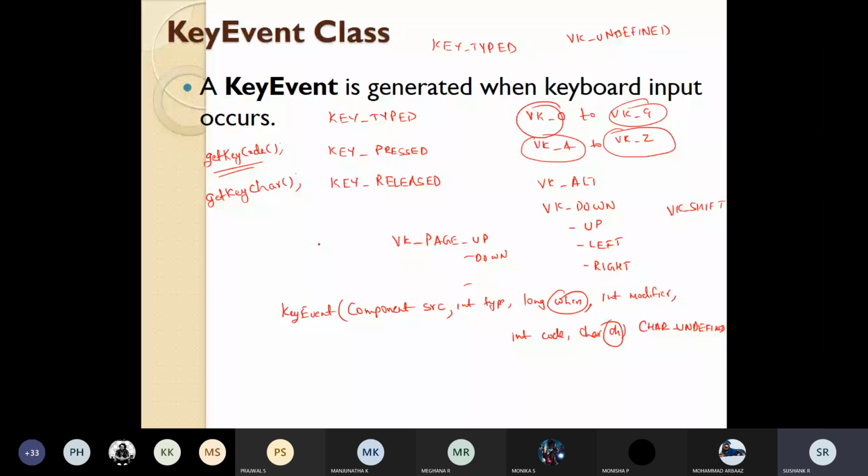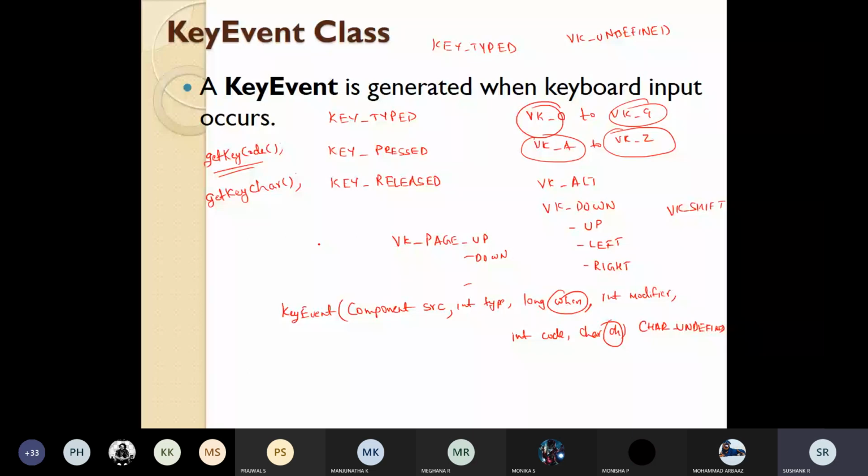We can also know the type of the scroll by using getScrollType. The output will be either WHEEL_BLOCK_SCROLL or WHEEL_UNIT_SCROLL, so it will return any one of the parameters. So these are some of the functions which are there. One function is getWheelRotation.